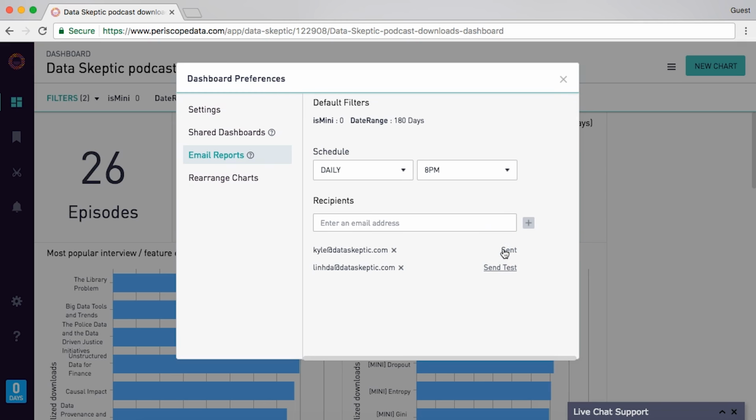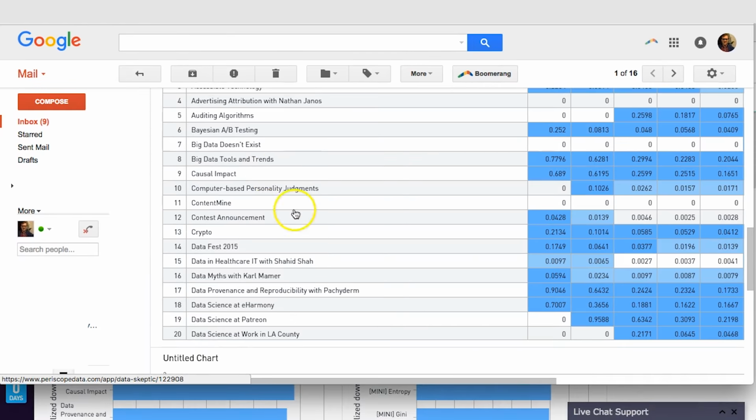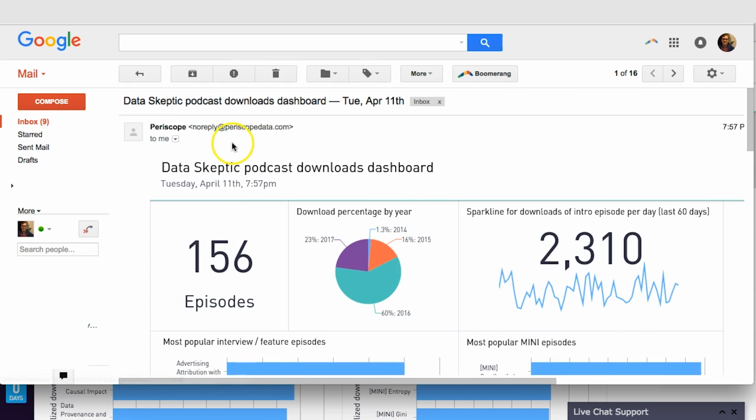All right, I've got my email off screen for privacy reasons, but I just got that, so let's pull it in and take a look at it. There we go, my exact dashboard, all embedded in an email. Now, what's great about that is this is static. If I want to go see the interactive stuff, I can log into my Periscope Data dashboard,